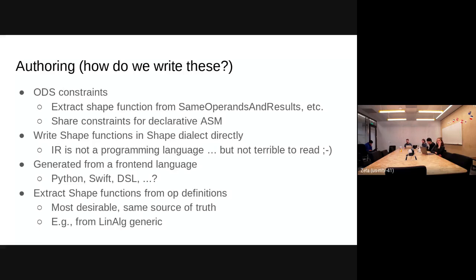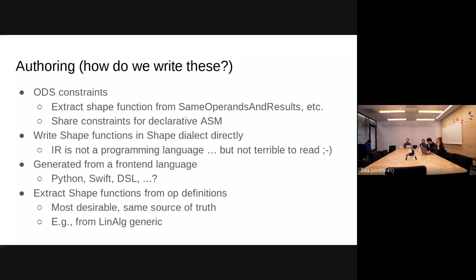Yeah. That's true. Of course, there's the option of actually generating from a front-end language, potentially from Python, Swift, some DSL. I think for me, it's more about what we use it for afterwards, and the optimizations and passes we run on top of it. But the most desirable one would actually be to extract these shape functions from the op definitions. So that we have the same source of truth for the reference implementation, for the operation that we will be optimizing and generating code for, and I can also extract the shape function